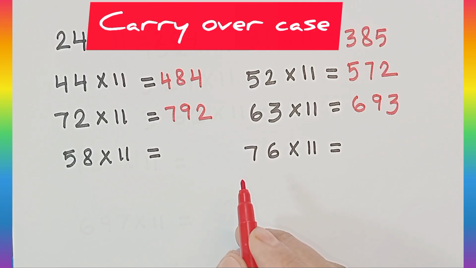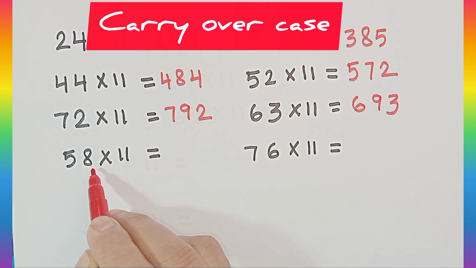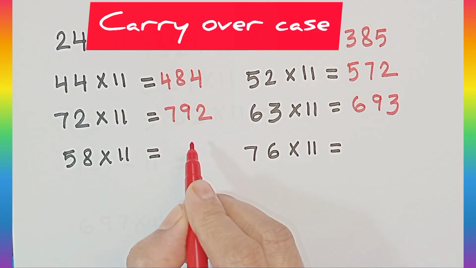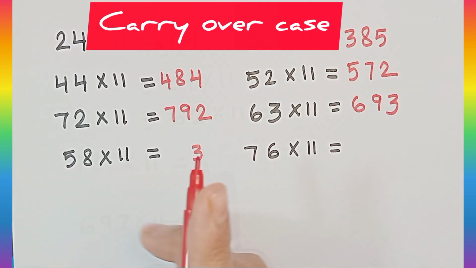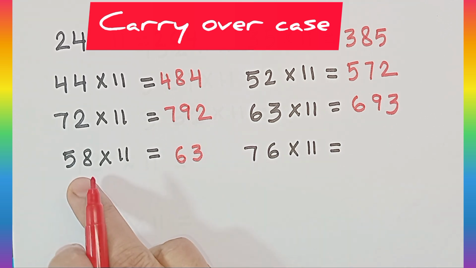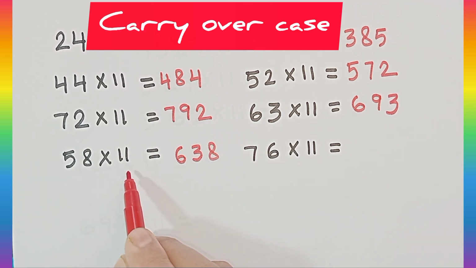Let's see in an example. 58 into 11. Add 5 and 8, it will be 13. Then there is a 2-digit number. You have to keep 3 in the middle and carry 1 to 5. It will be 6, 630, and keep 8 at the last. 58 into 11 is equal to